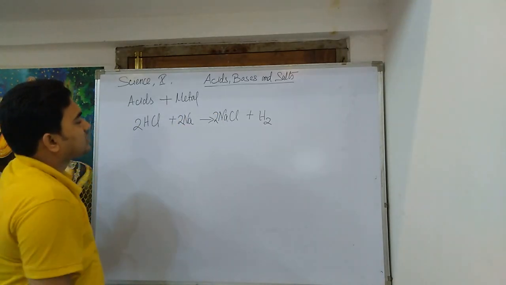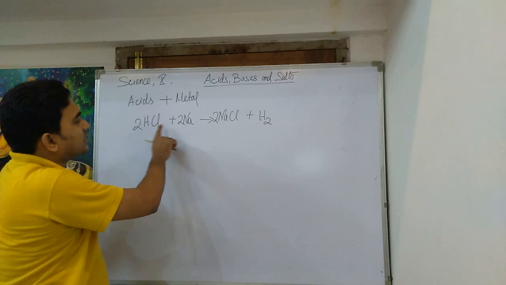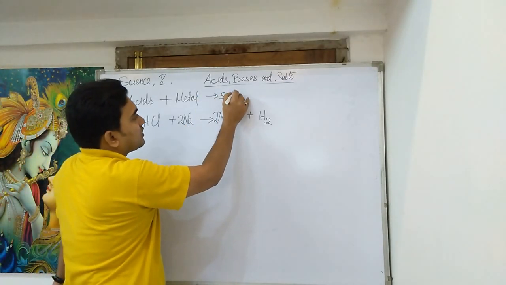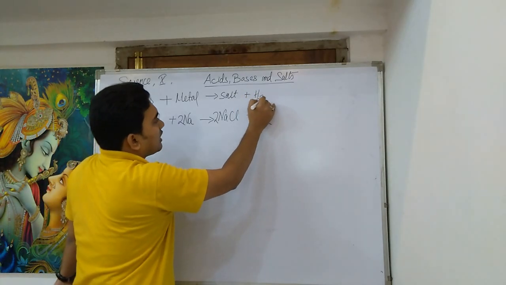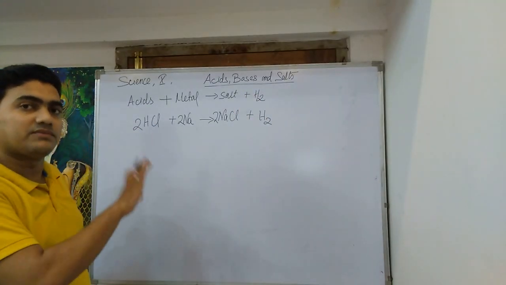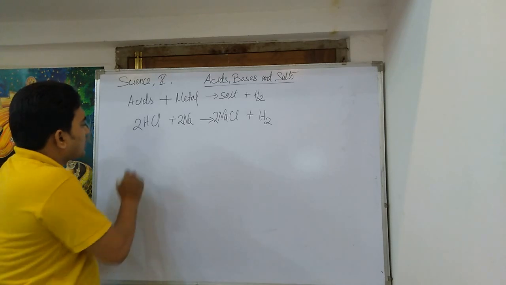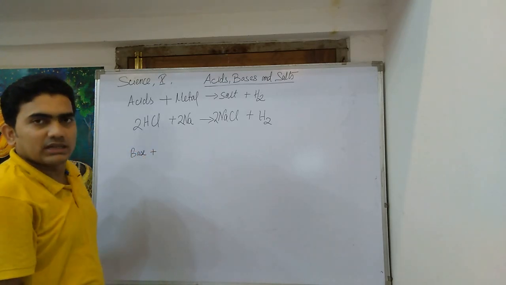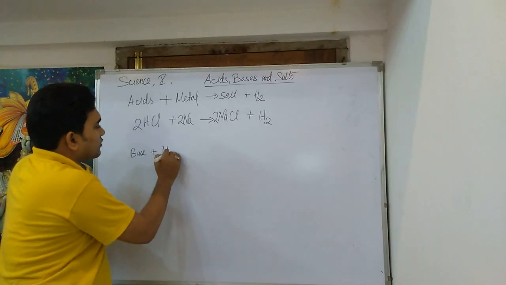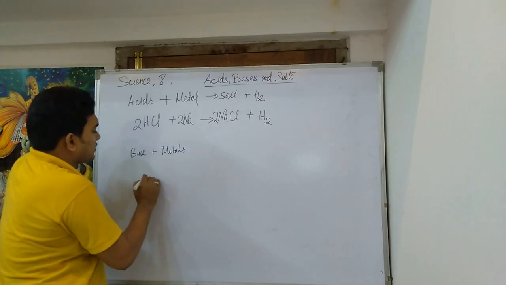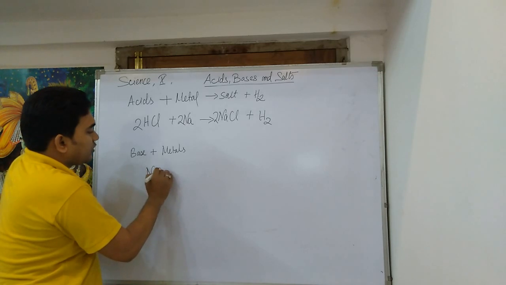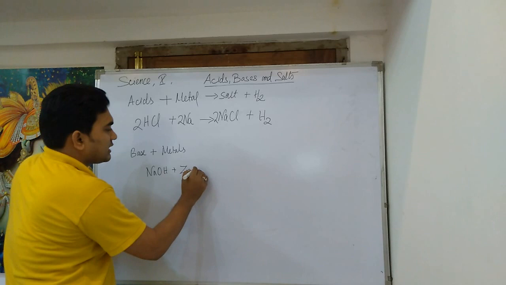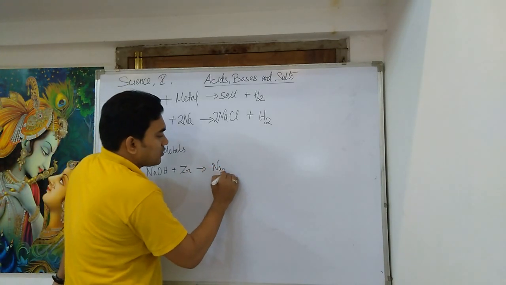From this equation we can see that an acid reacts with a metal to give a salt along with hydrogen gas, as per the definition. Now if we talk about bases, not all bases react with metals, but certain bases do with certain metals. Like if we talk about NaOH, which is a very strong base, and expose it to zinc, then it gives us a new compound